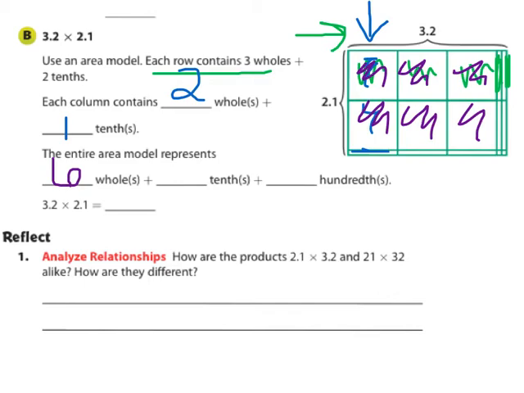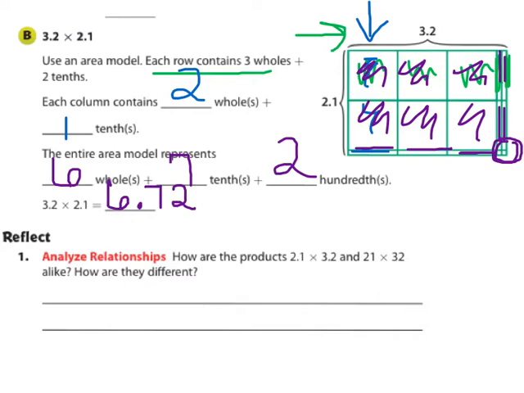Then we count our little tenths. There's 1, 2, 3, 4, 5, 6, 7 tenths. And then right down here, these 2 little tiny squares represent the hundredths, and there are 2 of those. So what that model tells us is that 3 2/10 times 2 1/10 is 6